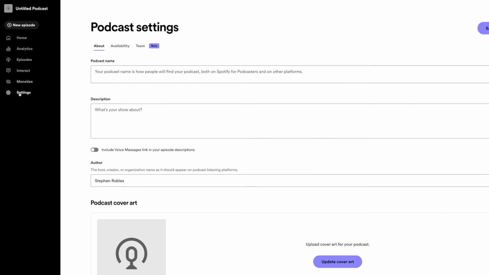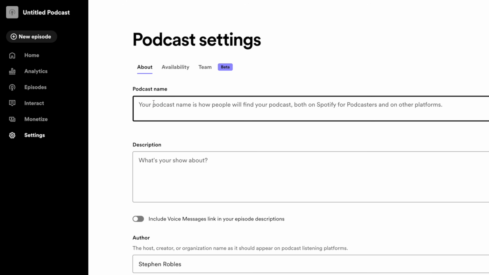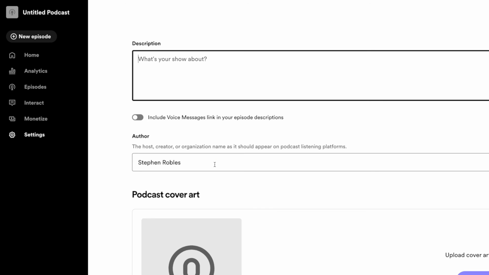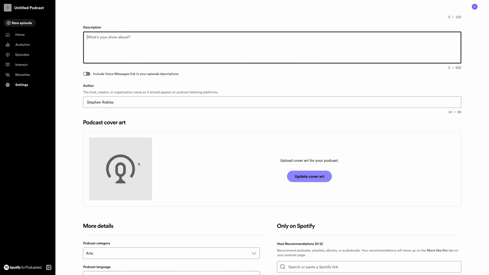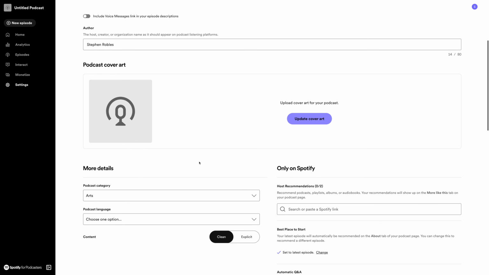Then in the left-hand sidebar, go down to the settings option, give your podcast a name, a description, and upload the cover art that everyone will see in different podcast apps like Apple Podcasts or third-party apps. Once you fill out all that information, you can then publish your podcast and first episode to all the platforms, and it was completely free. You didn't have to pay anything for Spotify for Podcasters or Riverside, and you use the device you already had